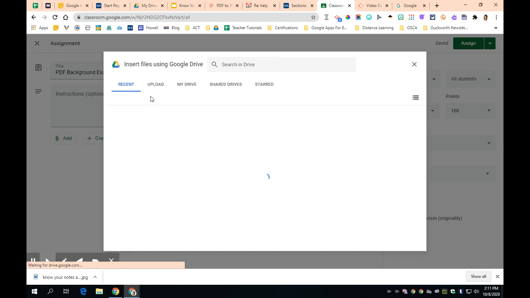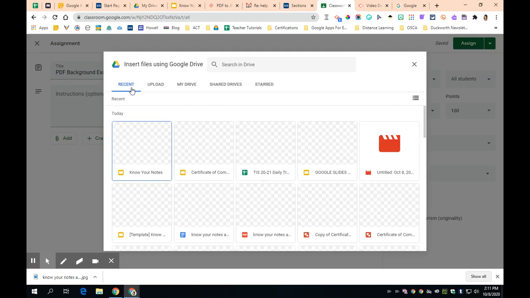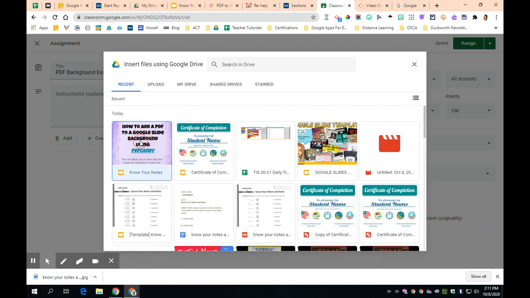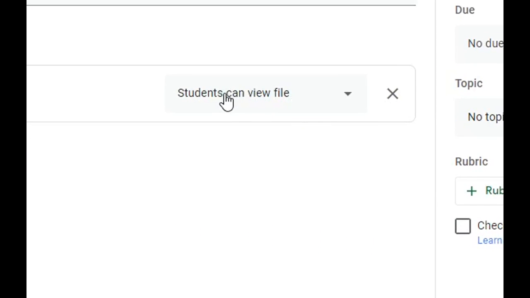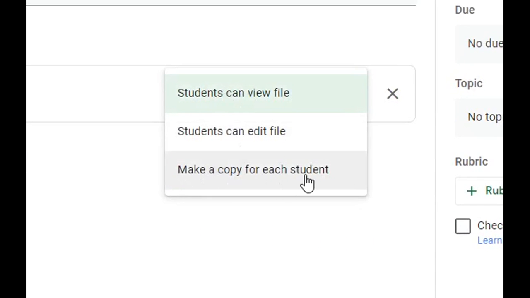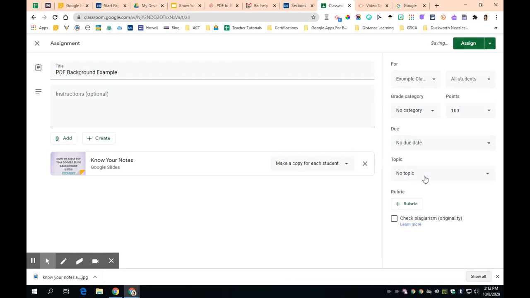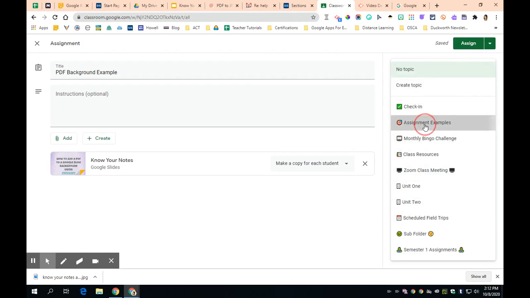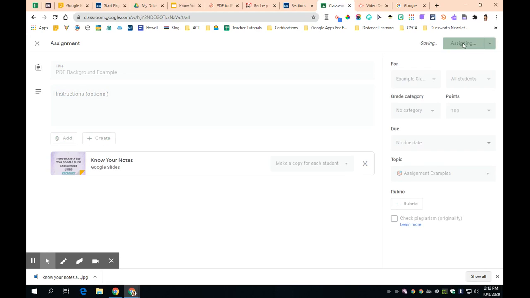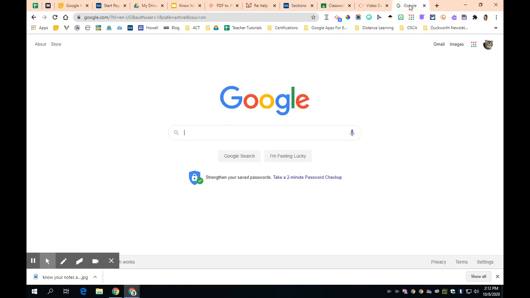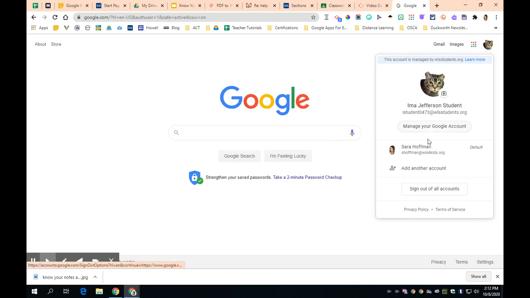Grab it from Google Drive. And students, make a copy for each student. And I want it to go there. And then we'll assign it. Now I can always look at it from